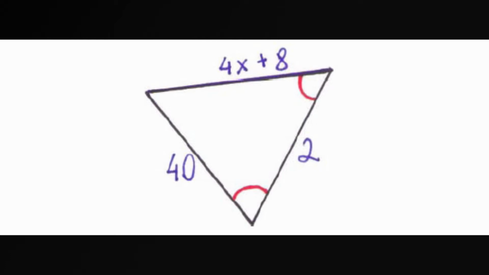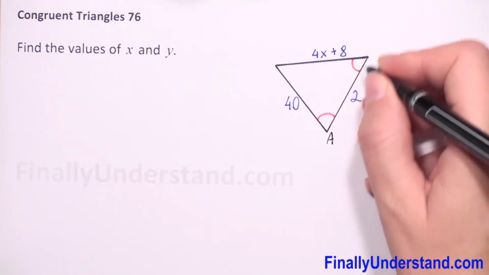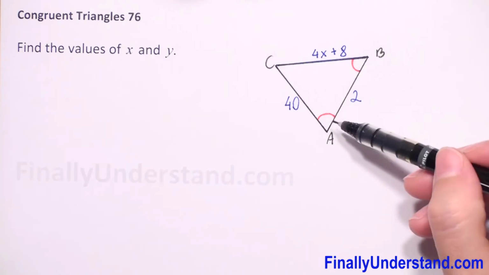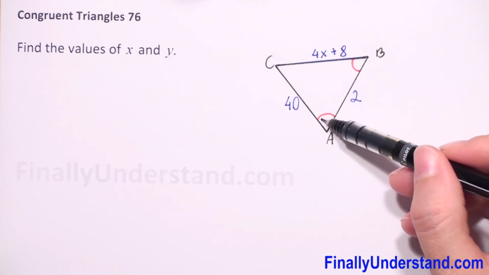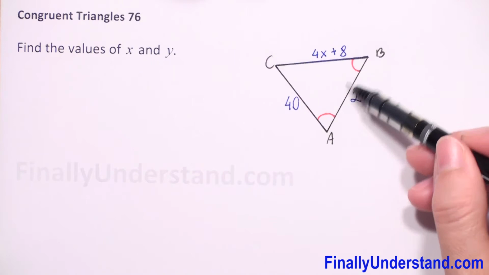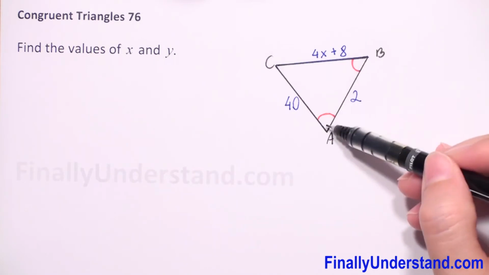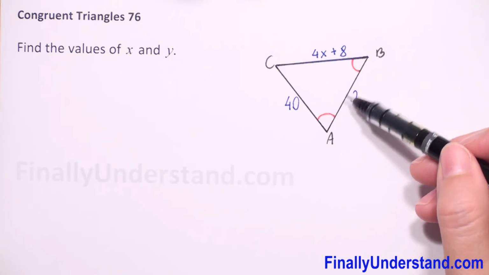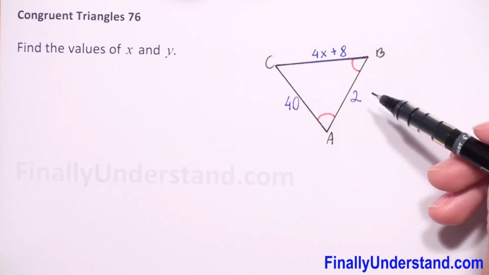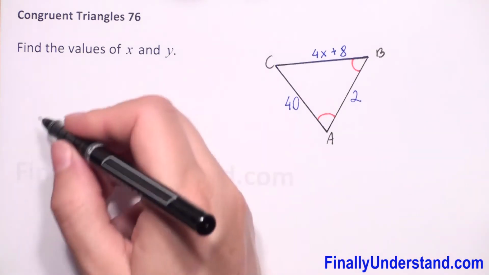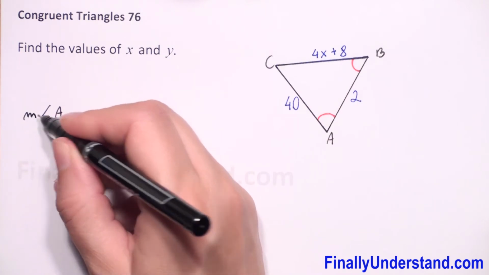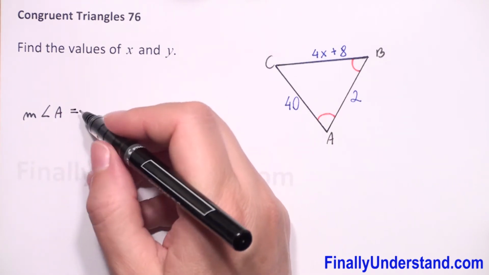We have to find the value of x. Let's put that this is angle A, B, and C. We have triangle ABC, and this red arc tells us that these two angles are congruent. So it means that we have here an isosceles triangle, and if the measure of angle A is equal